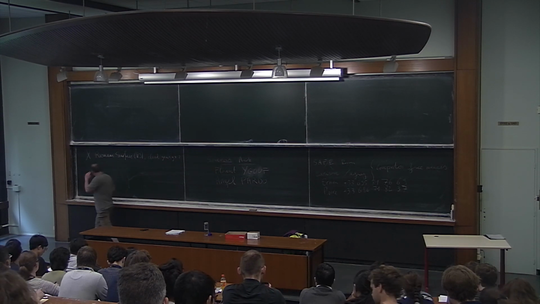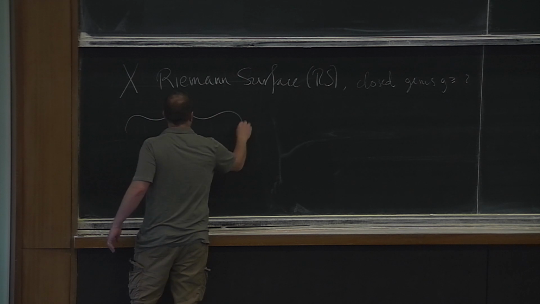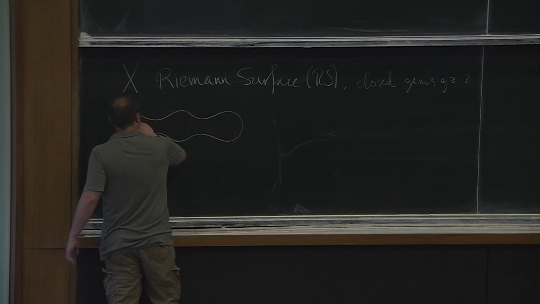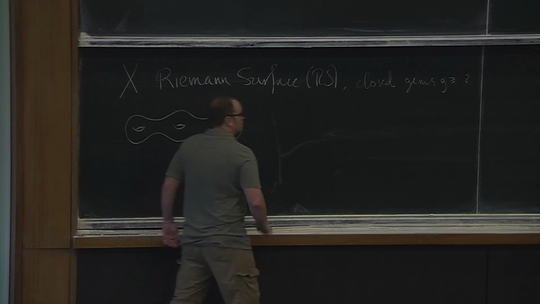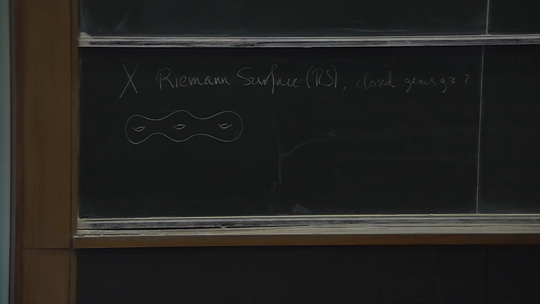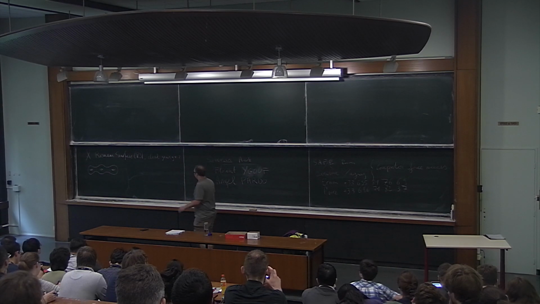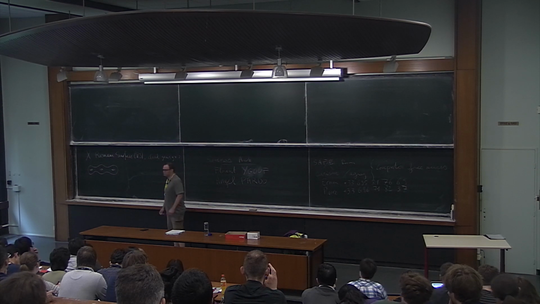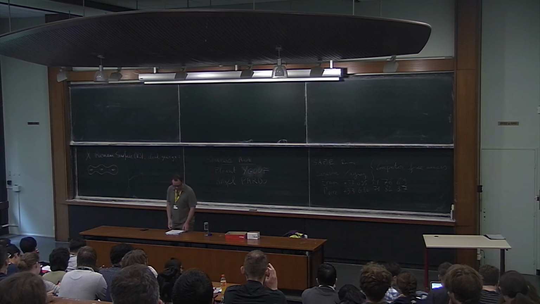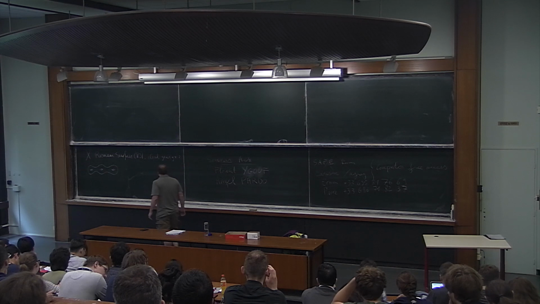So what does that mean? That means it looks something like this. Here's an example of a genus 3 surface. The Riemann surface is homeomorphic to a topological surface. It's closed and genus at least 2. Okay, so